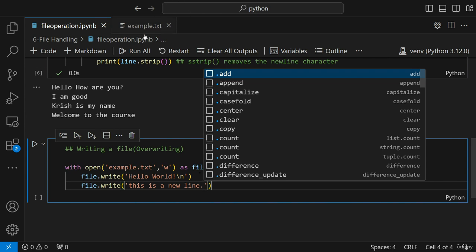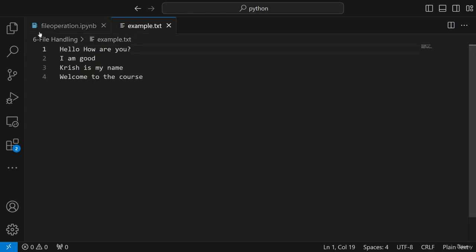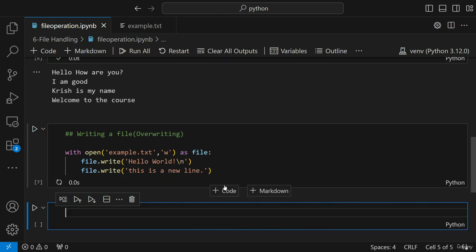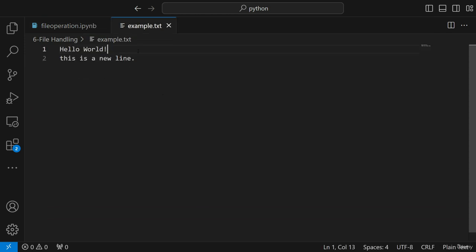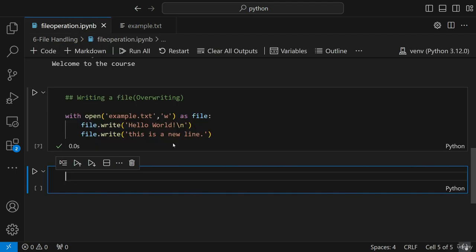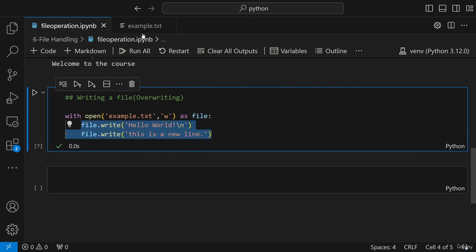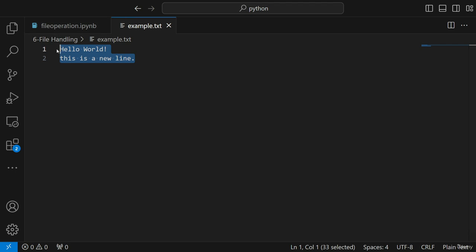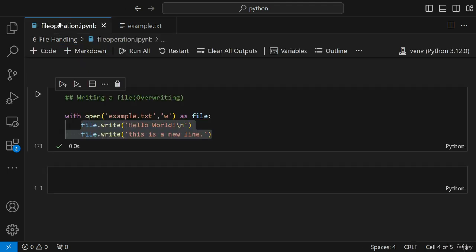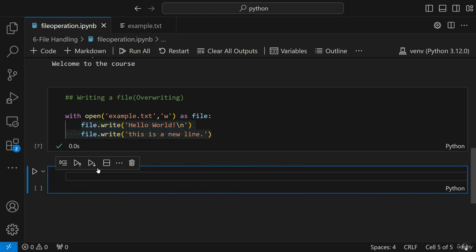Now as soon as I execute this, you know in example.txt I already have this content. If I execute it, here you will be able to see that the entire content got overwritten, right? It got overwritten because I opened this particular file in write mode, and it considers the file completely empty, and when we write file.write, it just overwrites completely. And again, this is a problem, we should never be doing it like this. Instead, if I want to write a file without